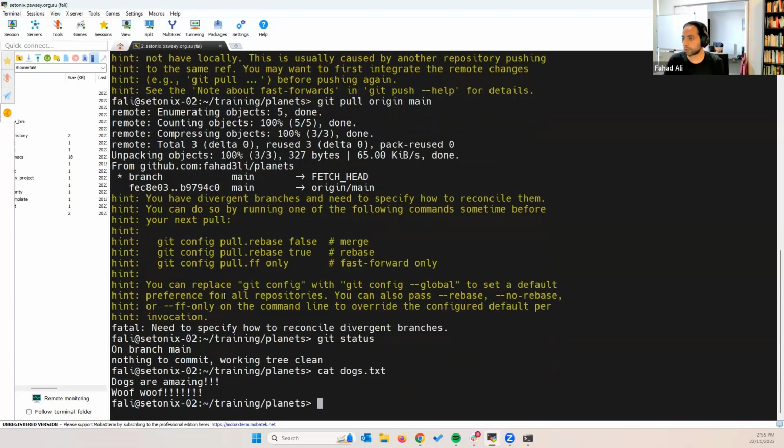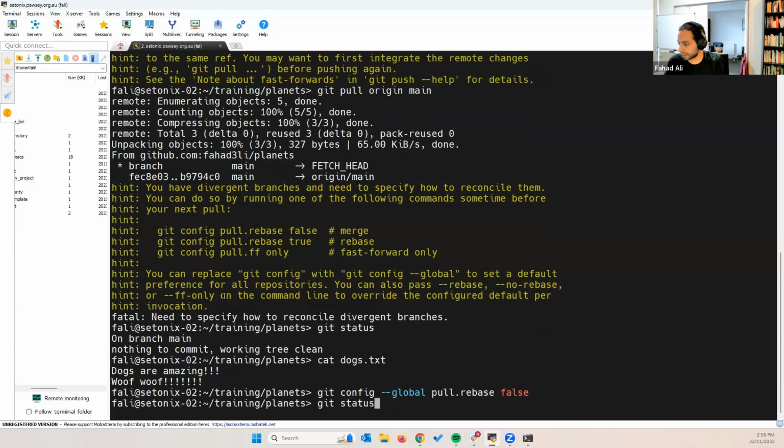And that is because I need to do git config pull.rebase. I'm just going to tell Git how to handle situations like this. Okay. And this will allow it to merge those changes. Okay. So now if I go git pull origin main,